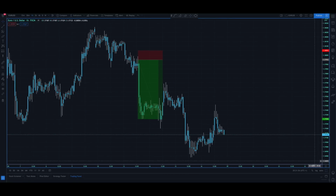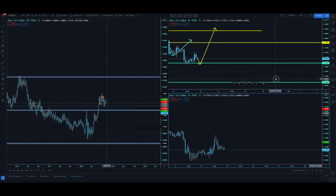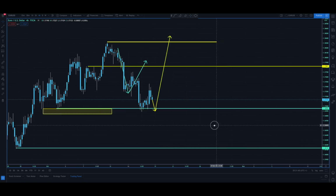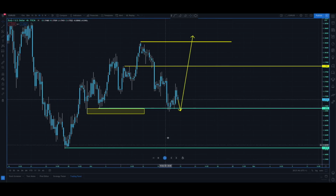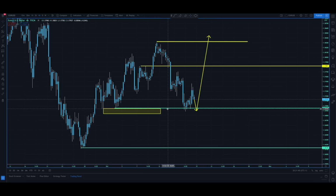But as I said, I'll come back to that at the end of the video. I'll just keep to the analysis of what we can expect going forward. So we had that push down. We're looking for the push back up, but can you notice anything from my chart? So here, especially if you've been watching the last couple of weeks, you might now start being able to pick up on these things. This was an area which I highlighted about 2 weeks ago, I think, on Trade Innovation